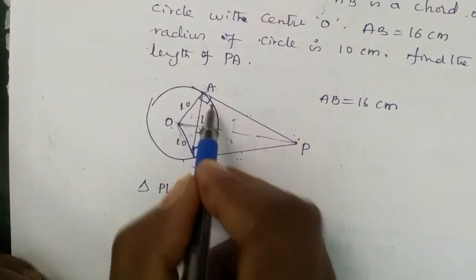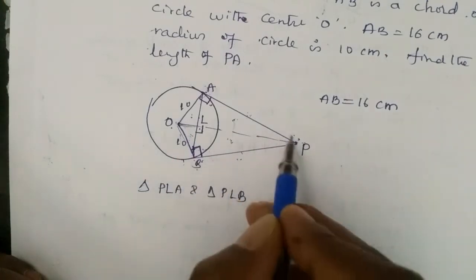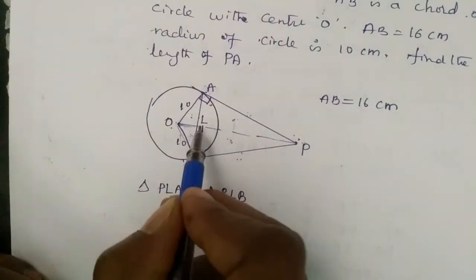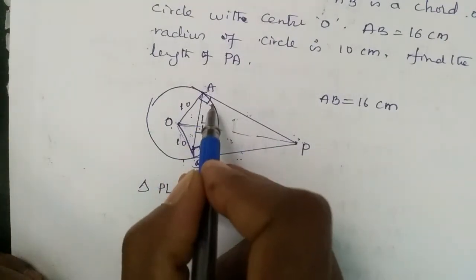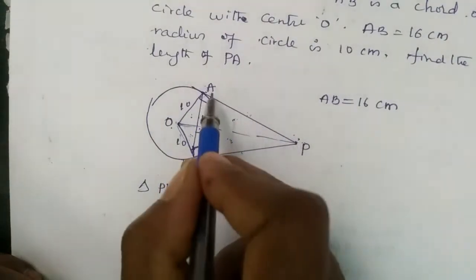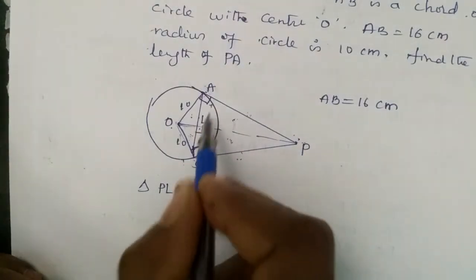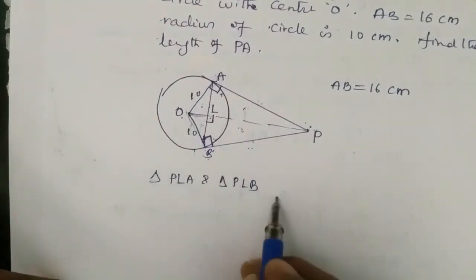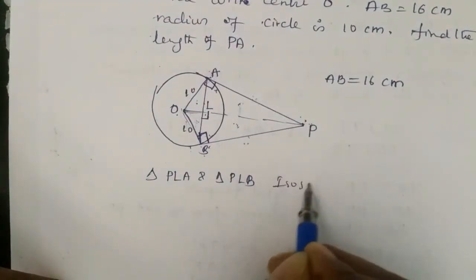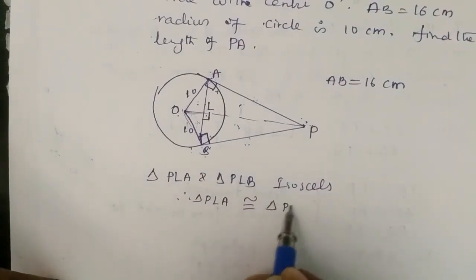Then what angle will we get? The same angle we'll get here. PA equal to PB, no, that is one thing. PA equal to PB, 1 point. PL is common. The third one is the PAL angle. I'm not talking about 90 degree. The PLA angle is equal to PBL, the reason being these two are isosceles triangles, equal sides, opposite angles. Therefore, triangle PLA is congruent to triangle PLB.